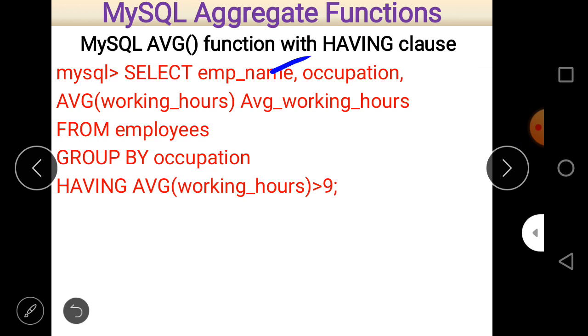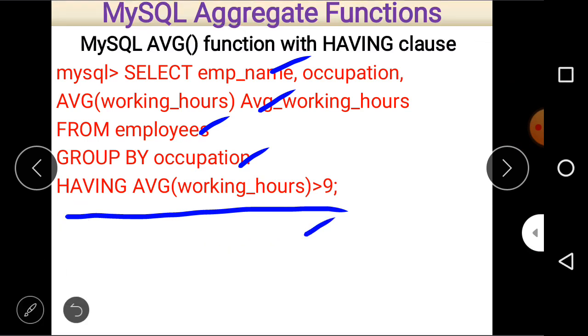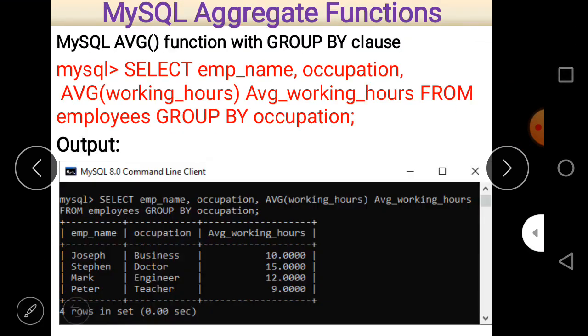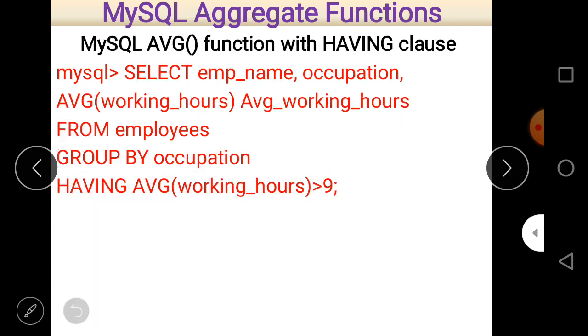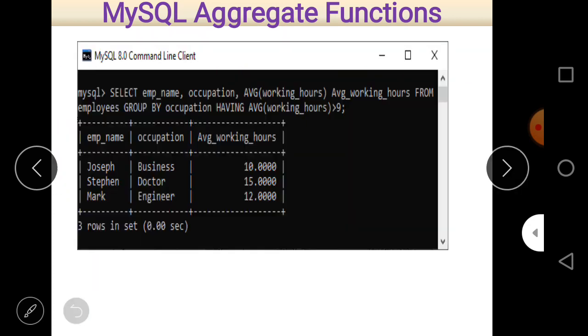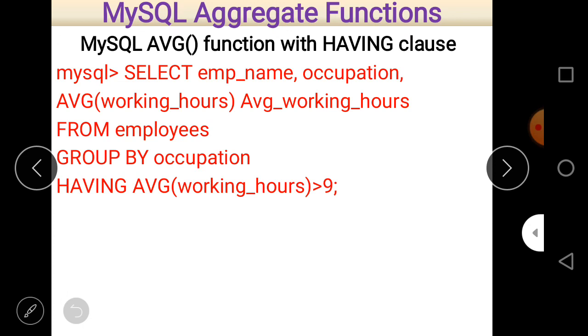Here all the things are the same as the previous one, which I already discussed, but here is a condition, and the condition is on the group: average working hours must be greater than 9.